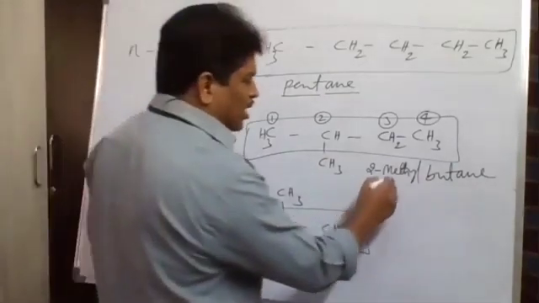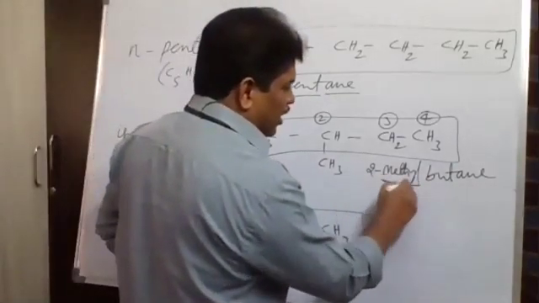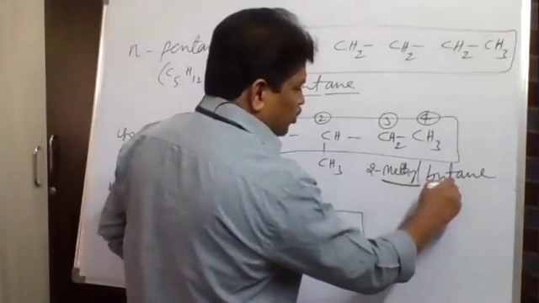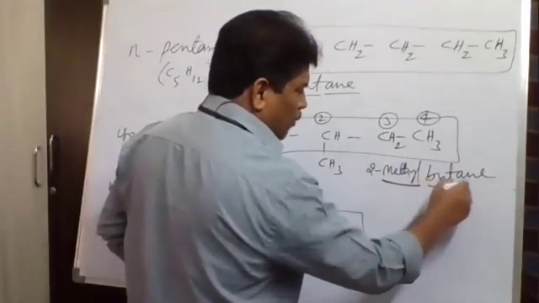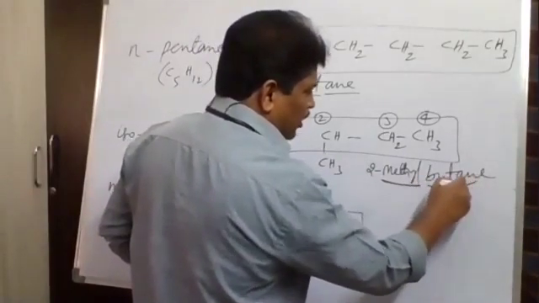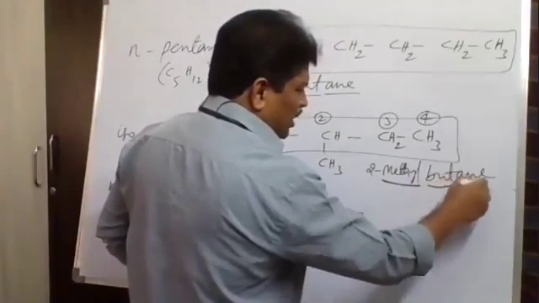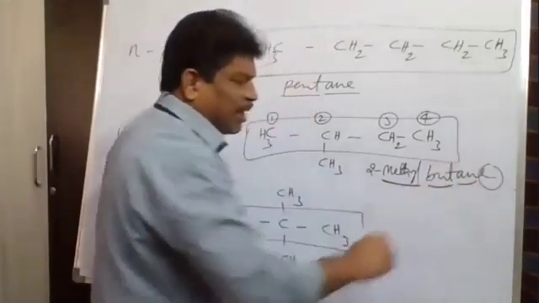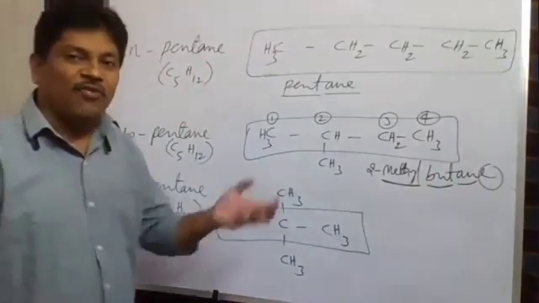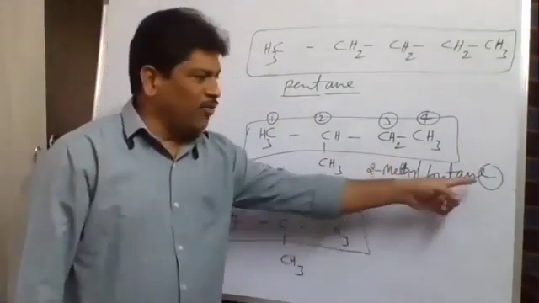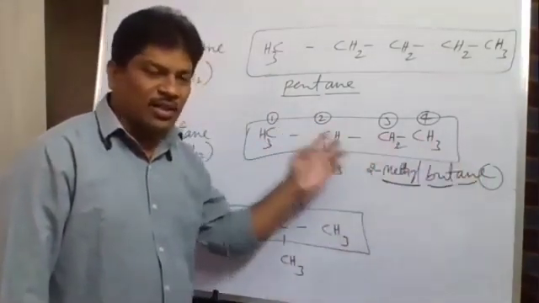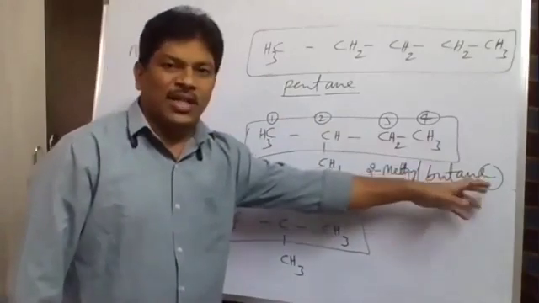In this name, methyl is what? Methyl is the secondary prefix. But is the root word. And an is the primary suffix. And e is taken as the secondary suffix. If no functional group is there in the given structure, the last letter e itself is taken as the secondary suffix.